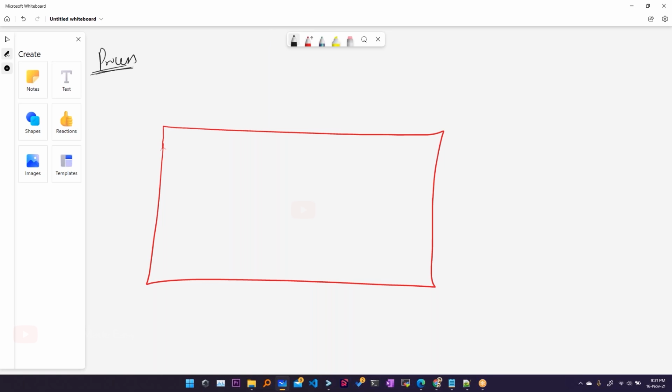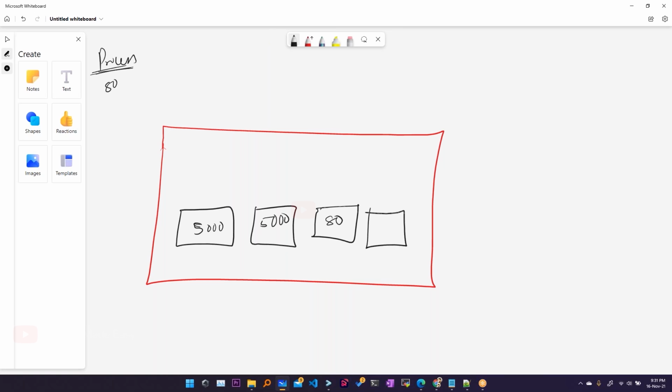So there is a port assigned. Why a port is needed: let's say I'm running a Python based application which is running on port 5000. I have two such containers. There is one Nginx reverse proxy, an Nginx web server, running on 80, and one SSH server running on 22. I am running all these as containers. That's the reason why I can have two different containers running on the same machine with the same port number.